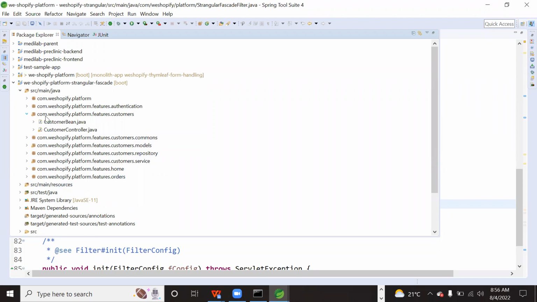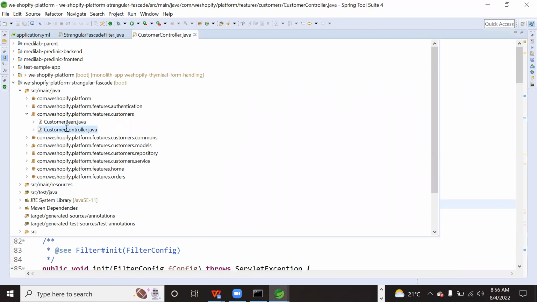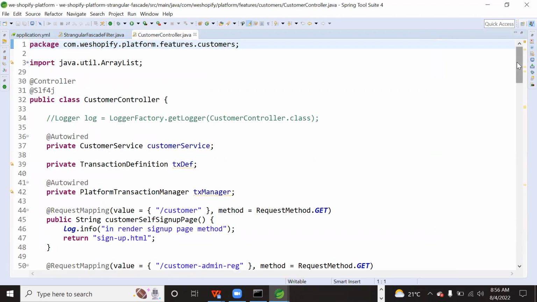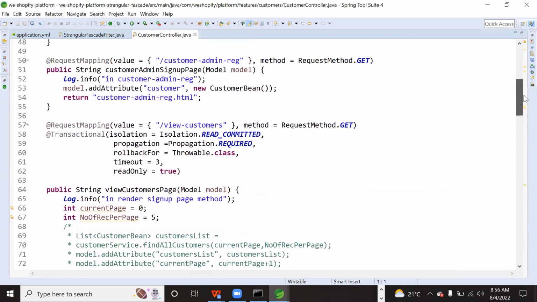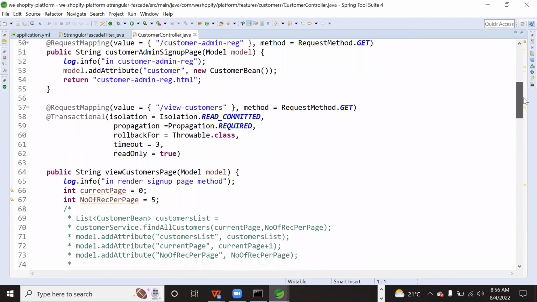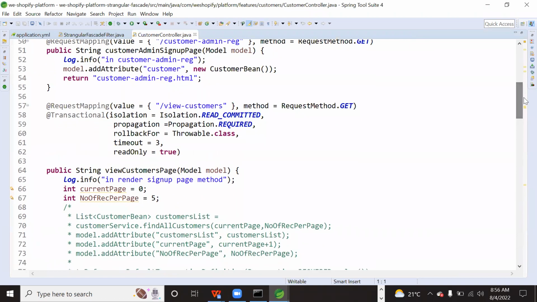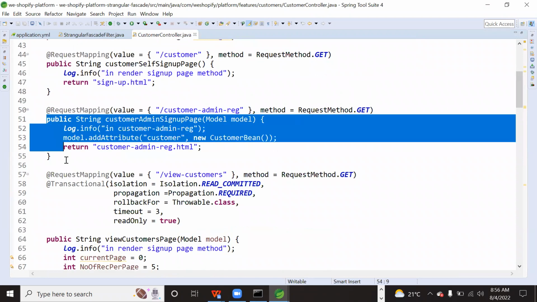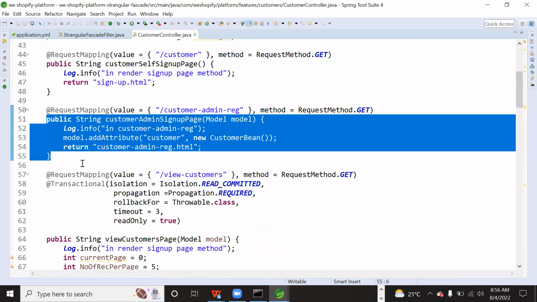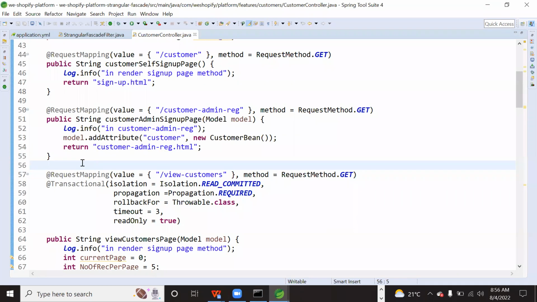Assume the customer controller, I want to take the data. So where is the data now? The data is in the session. So now I can use the session attribute annotation to take the data in any of the methods here. Got it? Yes. So on top of this method, we can use that.